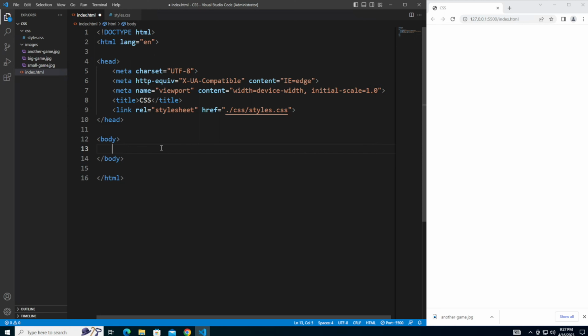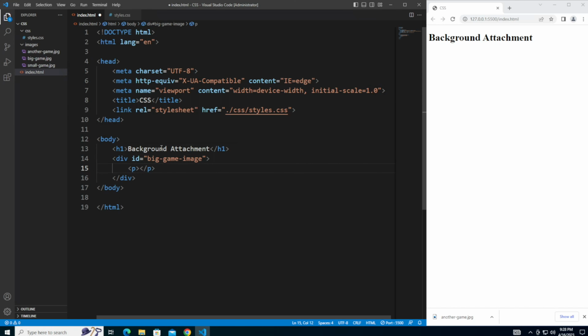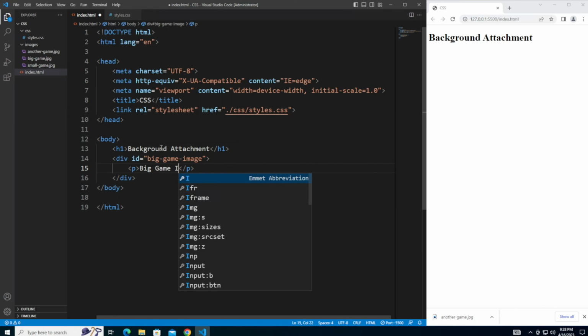Next, in the index.html file, let's add a few elements to the body. First, an h1 tag, background attachment, then a div. Give this an ID of big game image, and a paragraph, big game image,